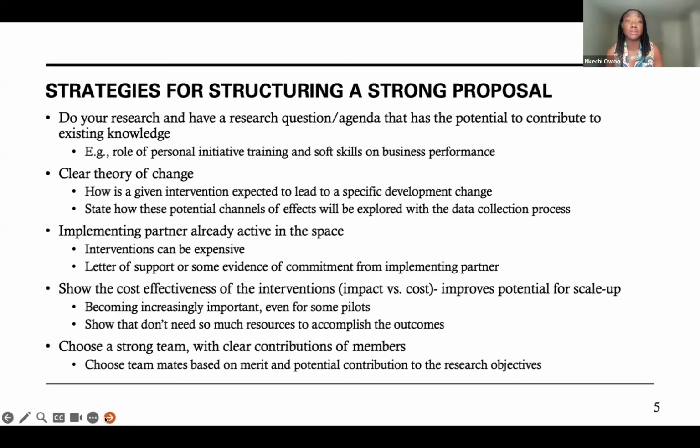I've already talked about the importance of having an implementing partner already active in the space. As I mentioned before, interventions can be expensive. So if you already have somebody who's rolling out a program and you are coming in to evaluate this, it will at least be more cost effective. And then one way to make it into a strong proposal is to have a letter of support. This came up earlier, or at least some evidence of commitment from the implementing partner, so that the funder sees that there will be no hitches from that